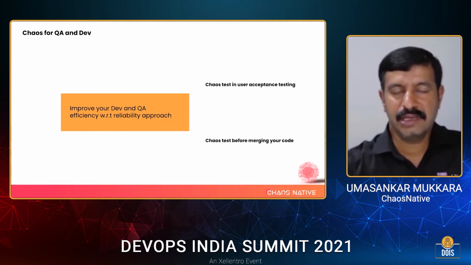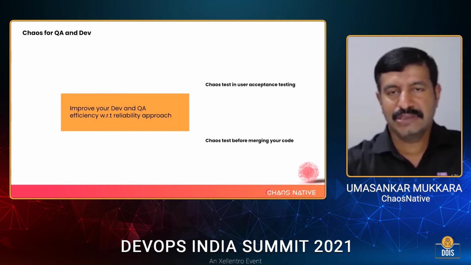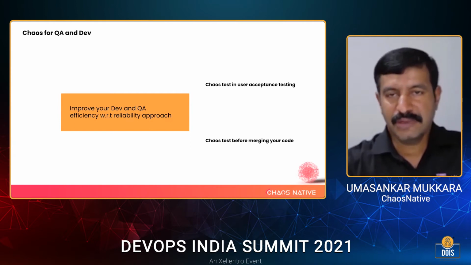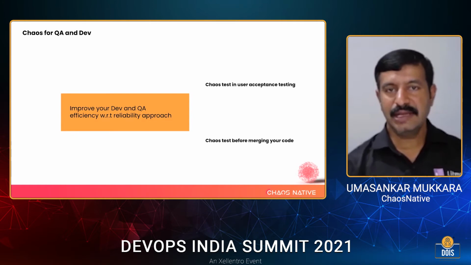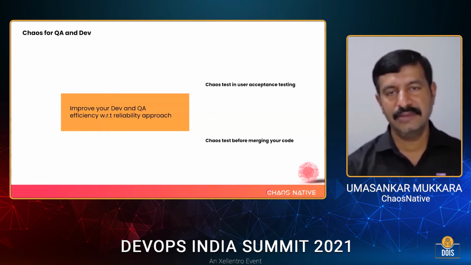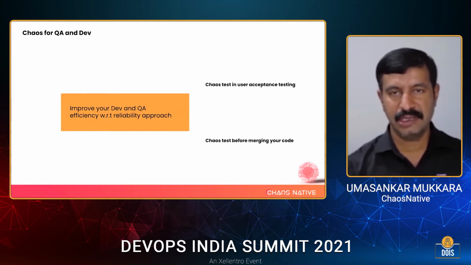Or possibly an infrastructure failure was not taken care of by your code. So it's possible to do all those chaos testing right at the time of building your code or even before merging the code. So this is a possibility now with the modern day chaos engineering tools, right? So my recommendation is that dev teams and QA teams should look for adopting chaos engineering as a way to increase reliability much earlier than what ops can do, right?